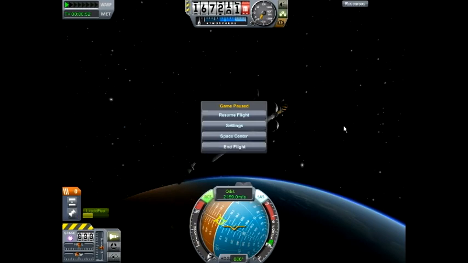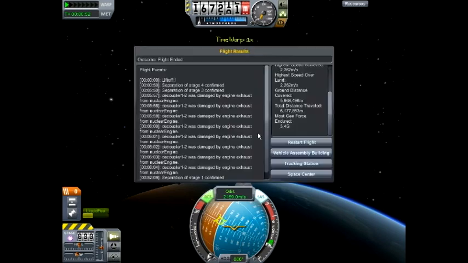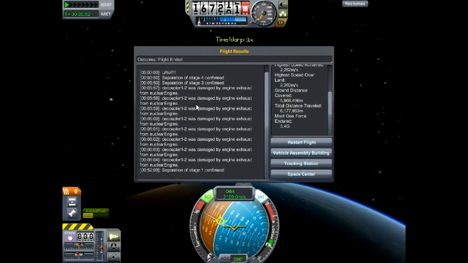Now, end flight means you're ending the flight on whatever object you are currently on. So it could be a tank, a piece of rocket, but if that's where your viewpoint is, that's what you're flying at this point, you can end this piece's flight. It will not cancel the whole flight. It will just end this piece. Once it separates, it considers each chunk a separate vessel. So you can end flight,